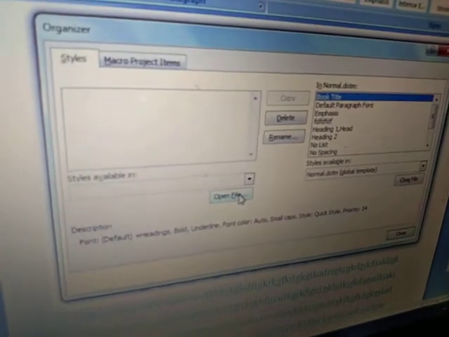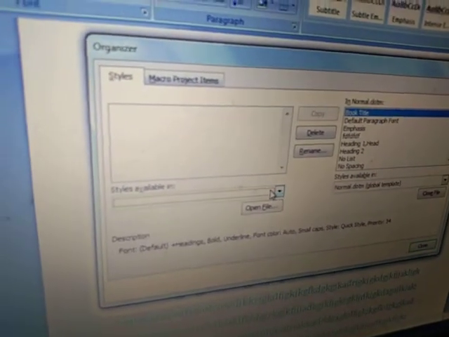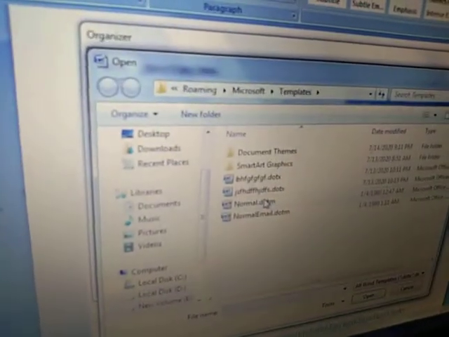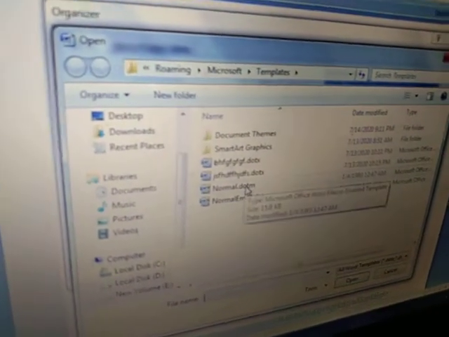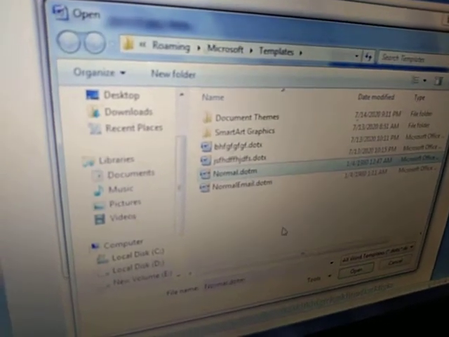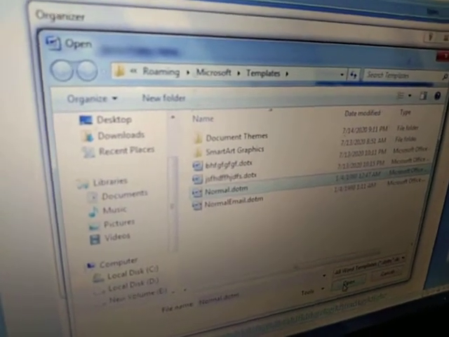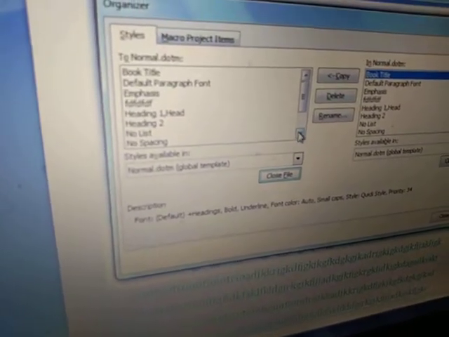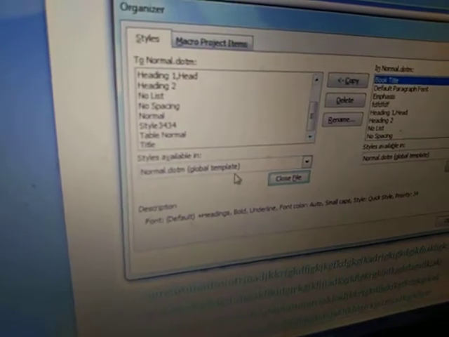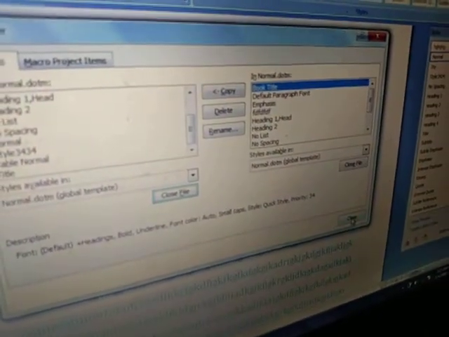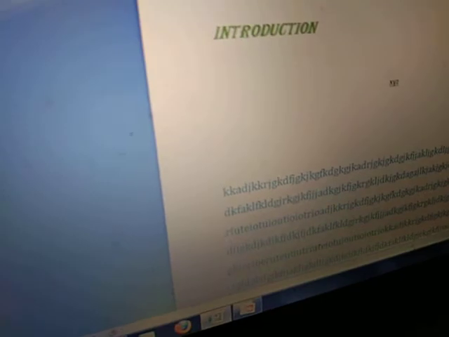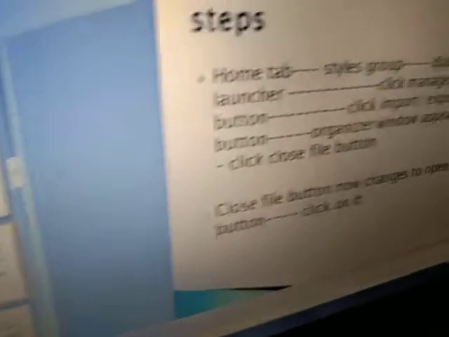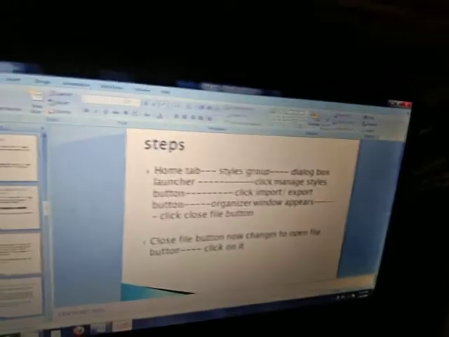Oh ma'am, very good. Now close this file. I am closing. Okay, if you want to open any document, now we are not having any document, open file, and then you will select the template that you want. I am clicking this one, Normal.dotm, all the styles that are in it, I want that one. Open. Done. All the styles that are available in this one, you can take from here. Okay, and then click on close. So in this manner we are creating a template of our style. So children, this thing we have done.